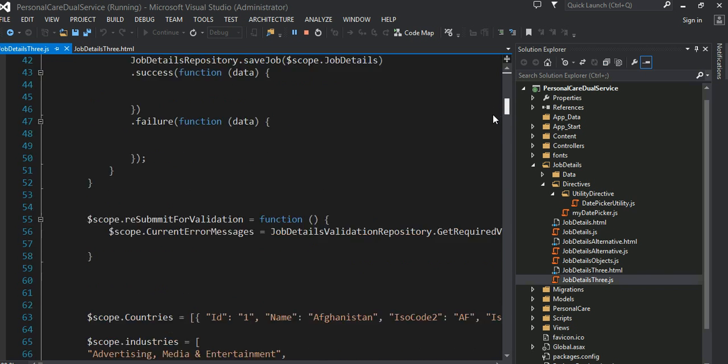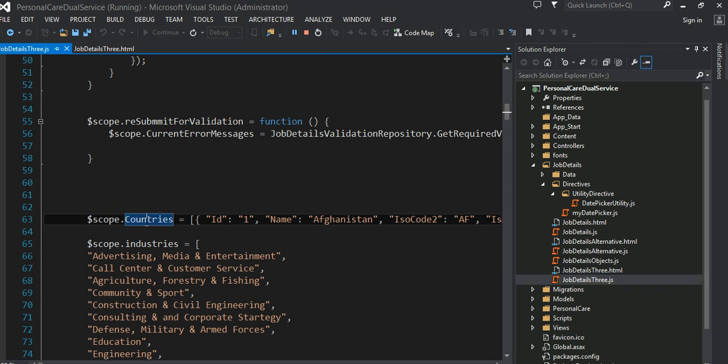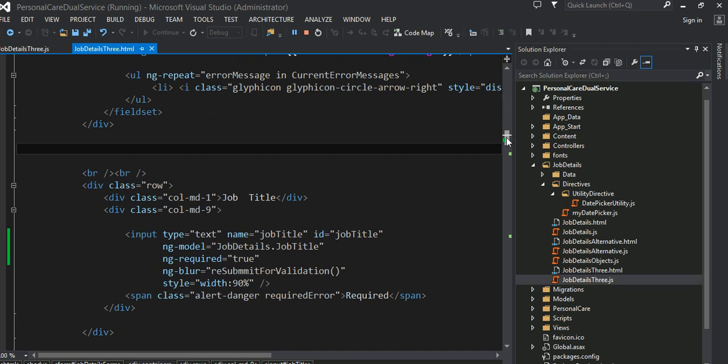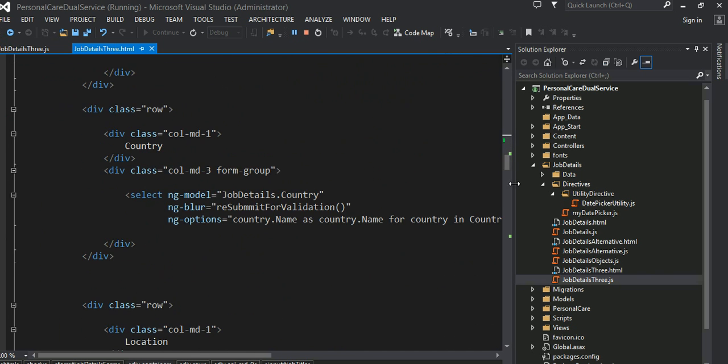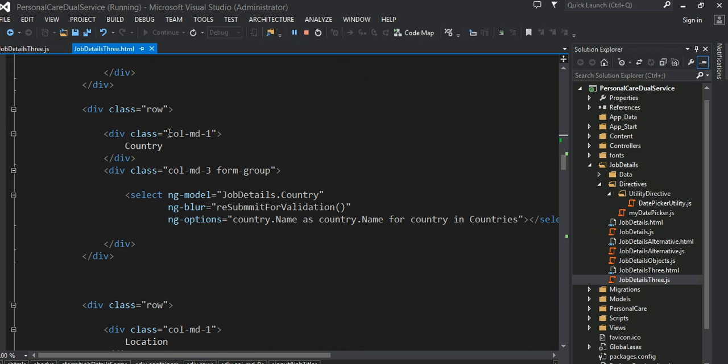Let's start with country, which is associated with my scope. Let's see how to do binding to the countries. Okay, here it is. Like I said, I'm using the Bootstrap grid view. So basically, here is a row. In this given row, I'm using this class column empty1. If you are not familiar with Bootstrap, basically the whole reason this rectangular section of